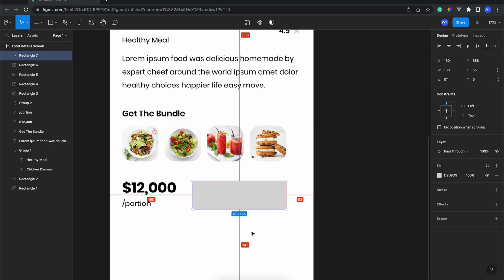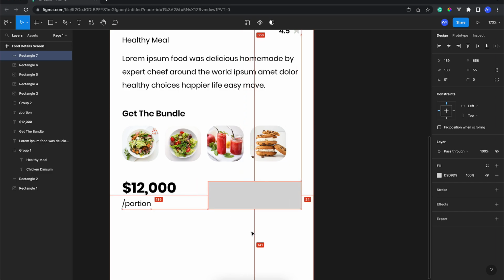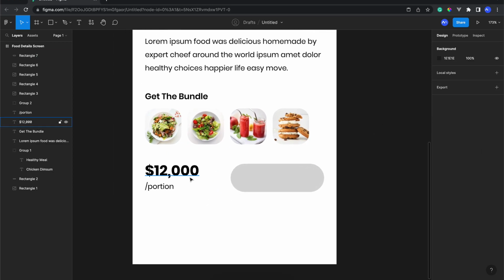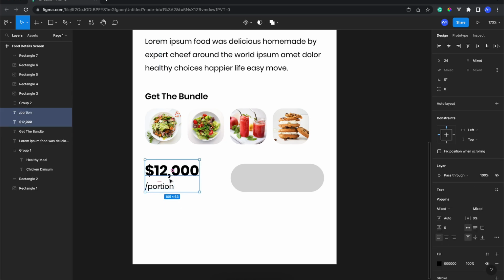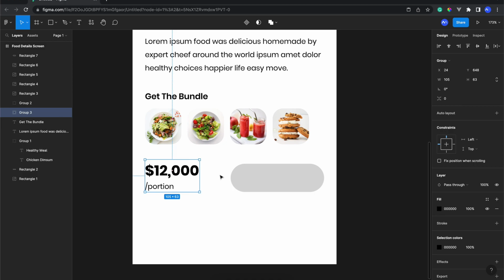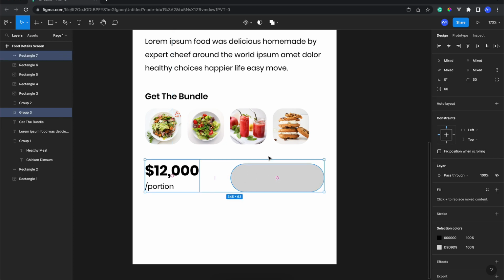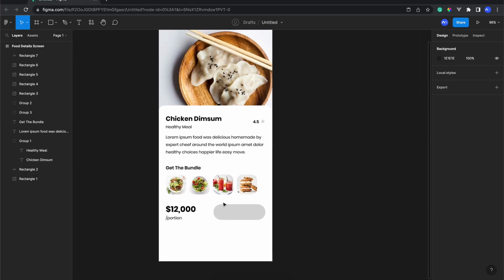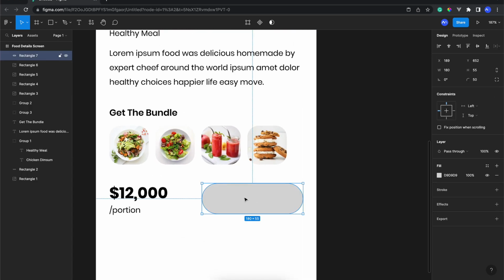Okay, and the margin right like 24, setting up this radius to 50, the corner radius, and we need to select this layer and Ctrl G for grouping, and we select these two layers and put them in the vertical line.